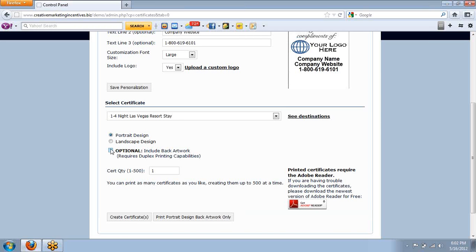I don't have that type of printer, so I'm just going to leave it unchecked. Cert quantity. Now this is really important. Let's say you have 10 customers you need to give a certificate to. You actually want to type in the number 10 there. So I'm going to type in the number 10, and then click on Create